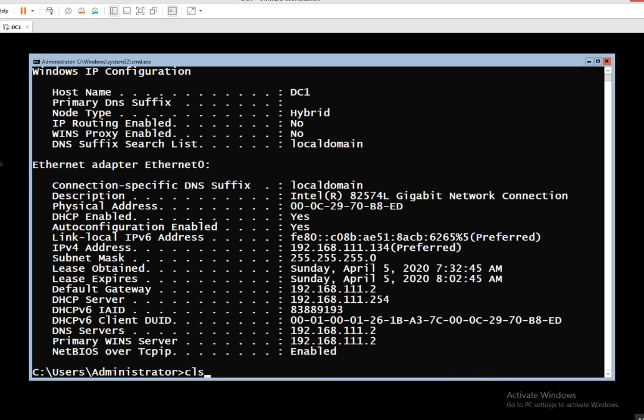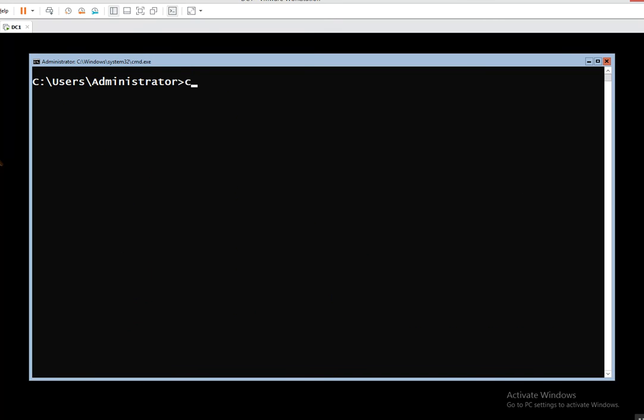So we'll do a CLS here to give us a little more real estate, and I'll do a CD backslash to give us a little more room in our command prompt, so hoping that these long commands are going to fit on one line. So our intent here is to give this a static IP address. Now if I just do an ipconfig, just as a reminder,